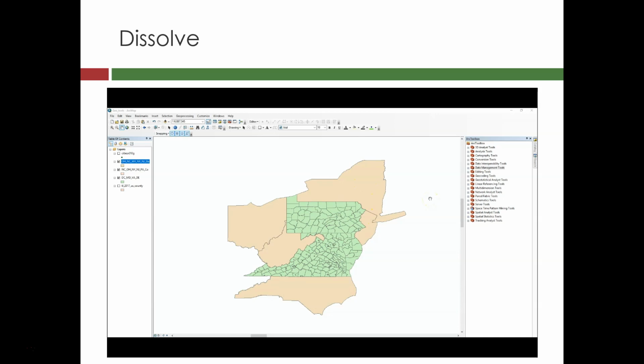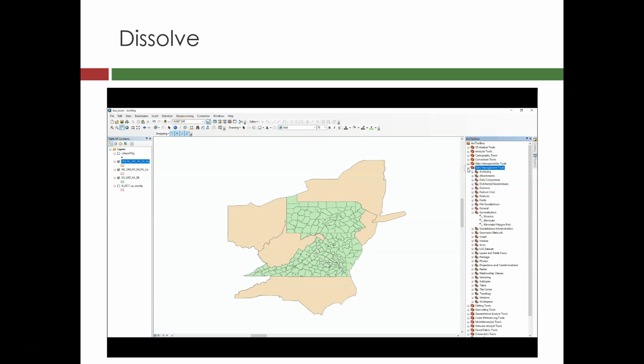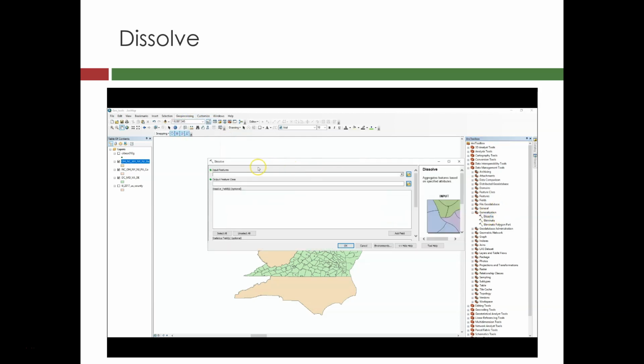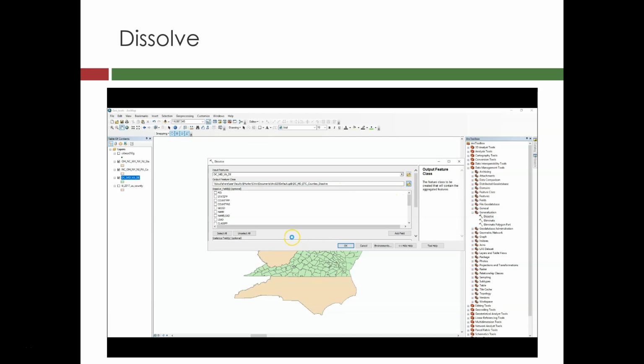We're going to run two different processes here. Just to point out again, it's located in two different places. In this case, dissolve is located under data management, generalization, and dissolve, or again, under geoprocessing. But let's go ahead and load. In here, input features, we're going to load DC, Maryland, Virginia, and Delaware. Now, it's going to ask you, let me go ahead and change the name. We'll say